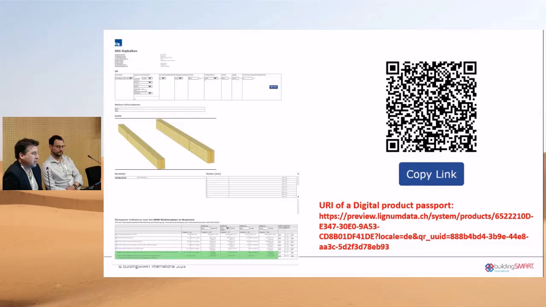So we can say it is even possible for small businesses to create such information, and it will be an advantage for small businesses because they will be as visible as the big players. And if they have clever and innovative solutions, they will pop up and will gain a quick market in the construction industry.